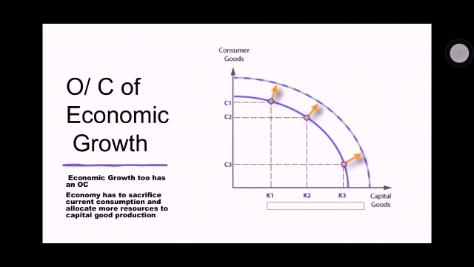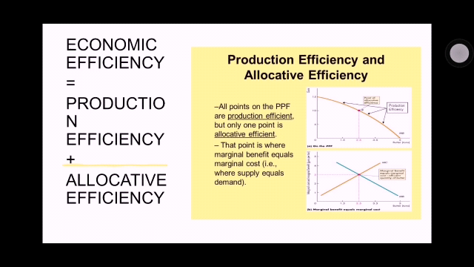Countries like Singapore started doing this about 20 years ago, whilst we remained consuming as always, and we are still in the same place. But now it's clear to you all how, in order for economic growth to take place, more resources have to be allocated to produce more capital goods, therefore having to sacrifice the resources allocated to the production of consumer goods. Therefore, the opportunity cost of economic growth is having to sacrifice consumer goods.